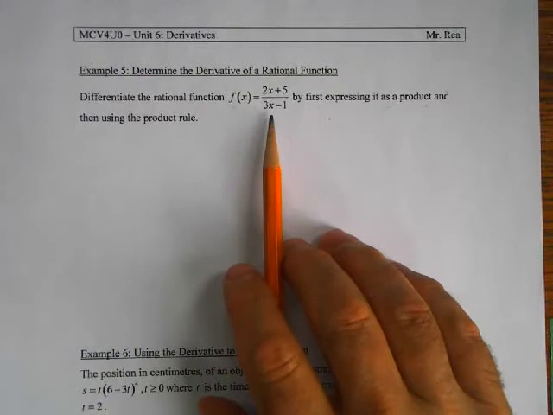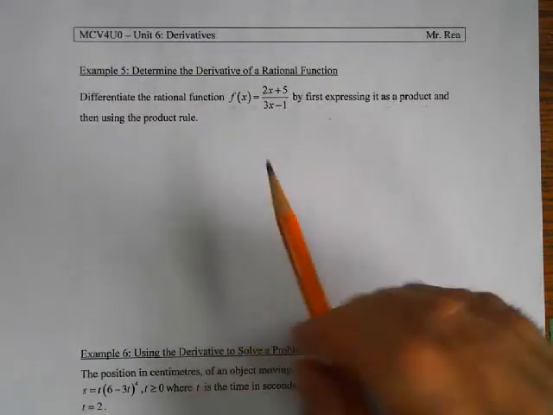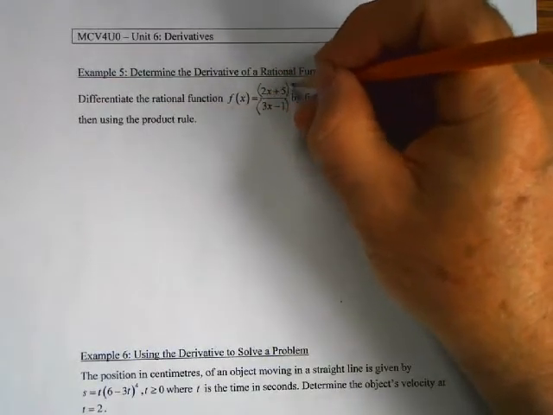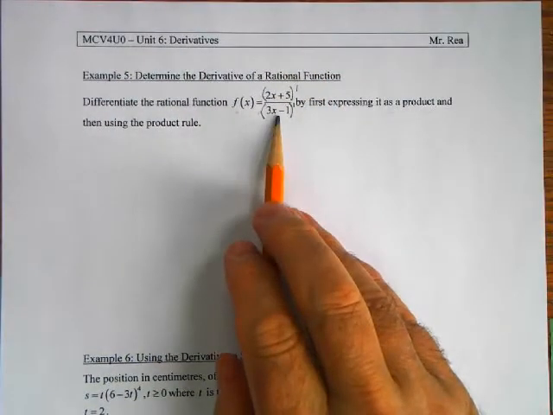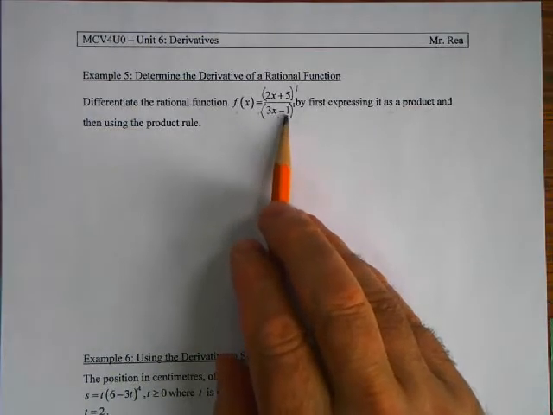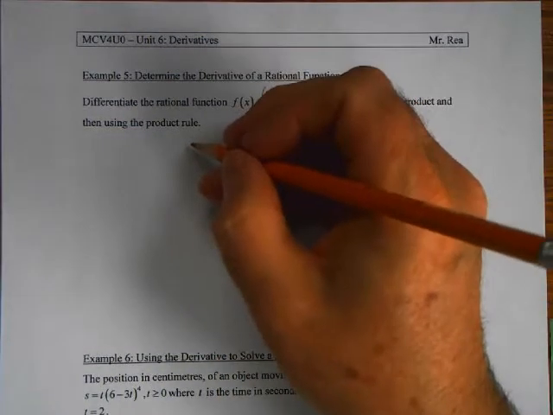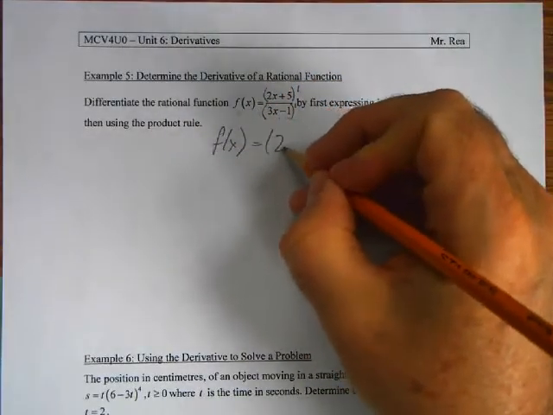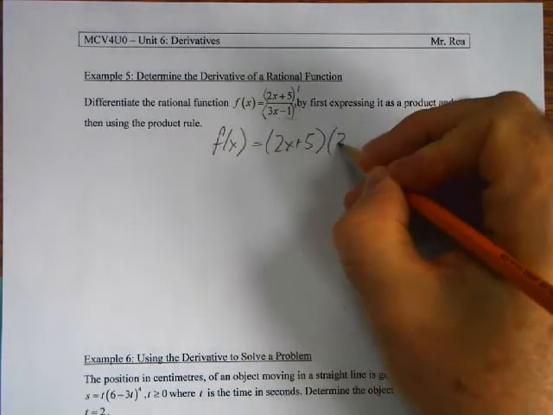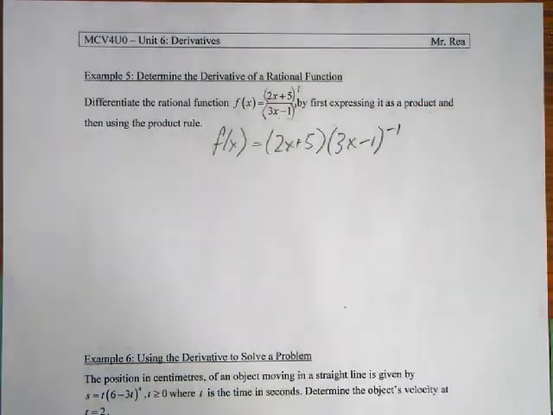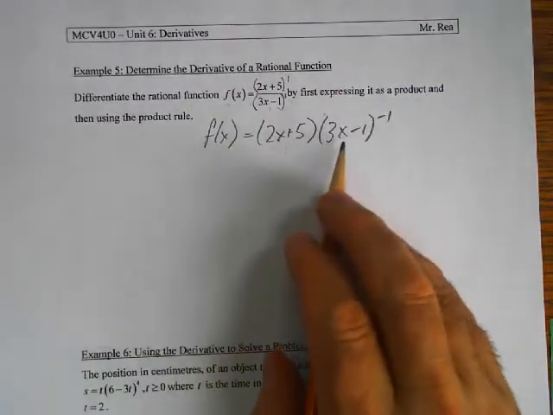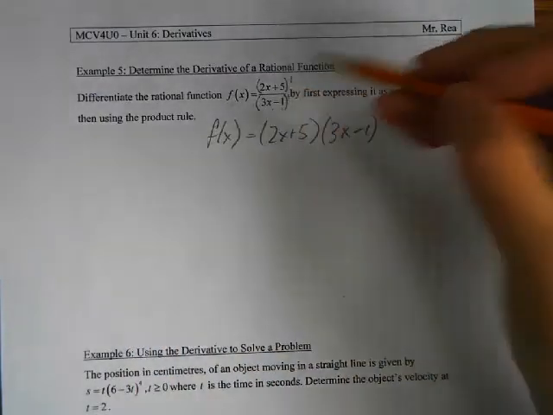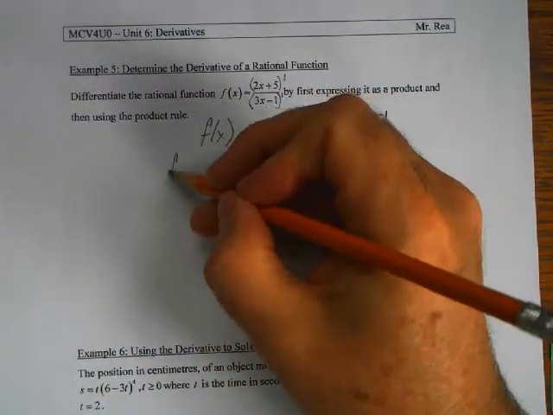So what we want to do here is express it as a product. Really, we could put brackets here. These are both to the power 1. But I could move that 3x minus 1 up to the top by changing the exponent to be negative. So I can write it like this: 2x plus 5, 3x minus 1 to the negative 1. Okay, and now we can consider this as a product of two functions, not the quotient of two functions, which this really is. So if I'm taking the derivative of f of x,